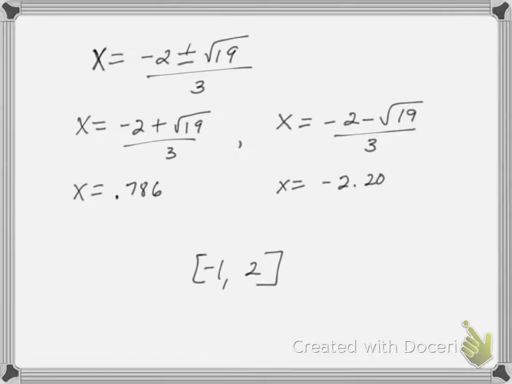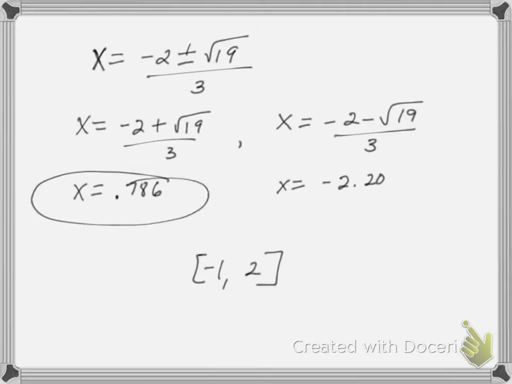All right, so when I used the calculator, I got 0.786 for negative 2 plus the square root of 19 divided by 3. And I got negative 2.20 for negative 2 minus radical 19 over 3. So the one that is between negative 1 and 2 would have to be